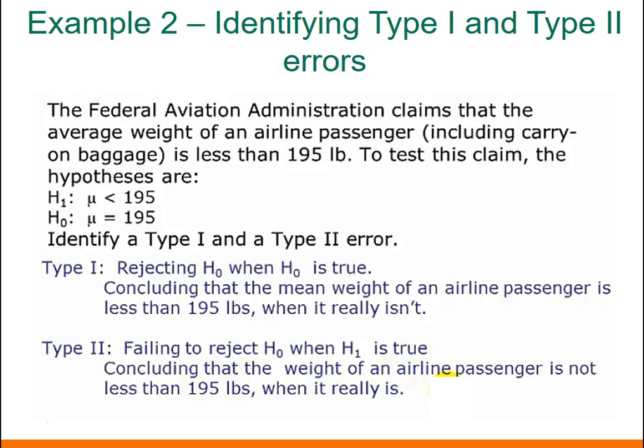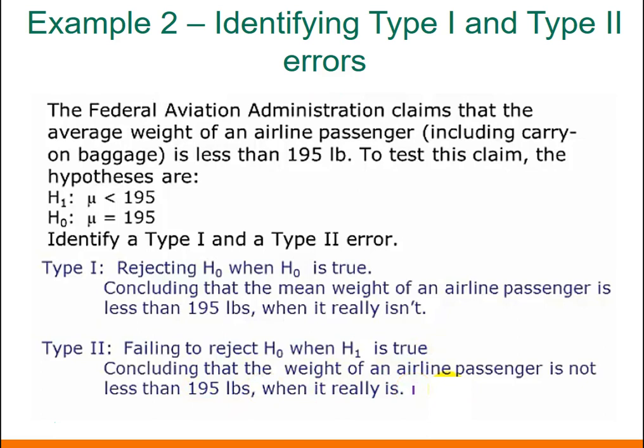Here's another example of type 1 and type 2 errors. So back to our problem with the average weight of an airline passenger. Here are the hypotheses that we came up with. So for a type 1 error, this is again rejecting the null hypothesis when the null hypothesis is true. So in this problem, it would be rejecting the null hypothesis, in other words, supporting the claim. So concluding that the mean weight of an airline passenger is less than 195 pounds when it really isn't. Type 2 would be concluding that the weight of an airline passenger is not less than 195 pounds when it